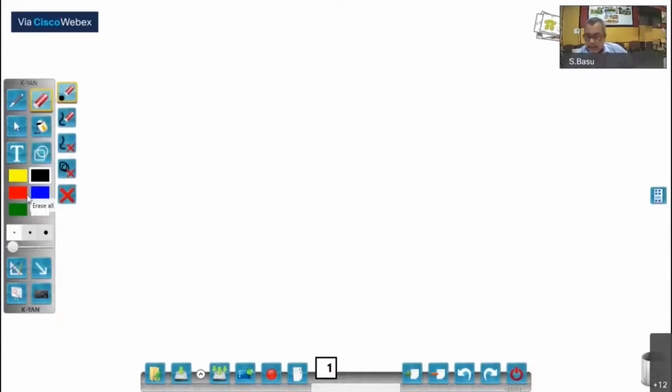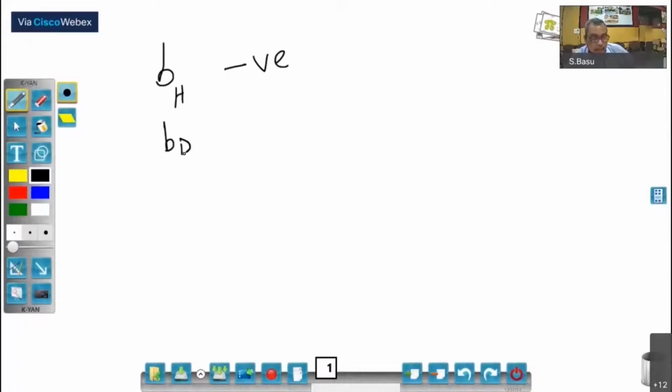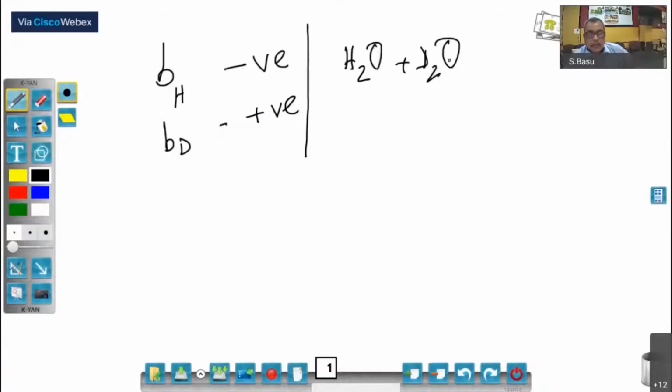So interestingly, for neutron, the scattering length of hydrogen is negative, and the scattering length of deuterium is positive. So I can add H2O and D2O, and you can work out in what ratio. You can even make the rho, the scattering length density, equal to 0, but always you don't make it 0.